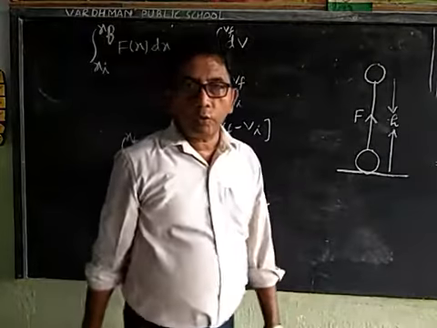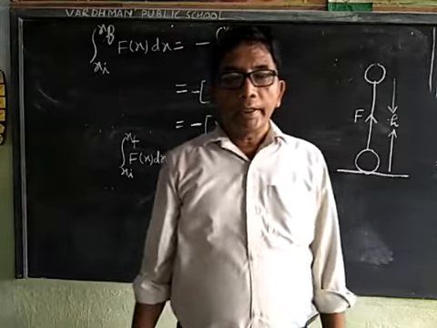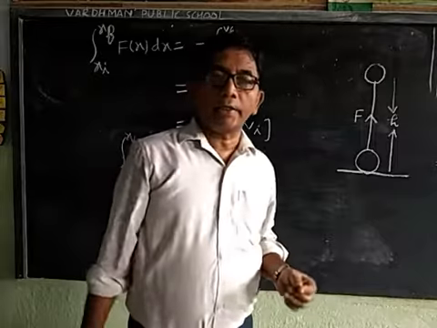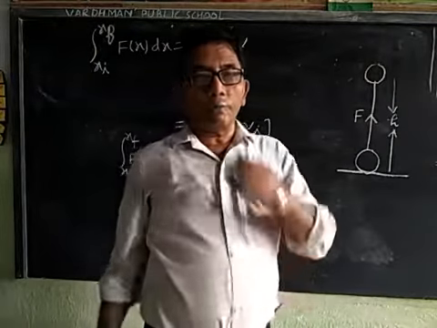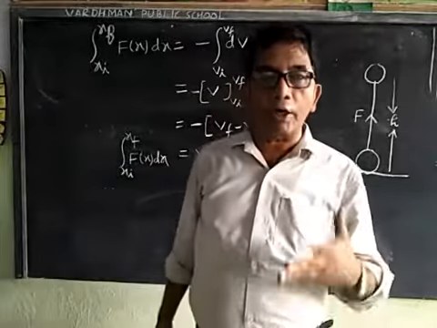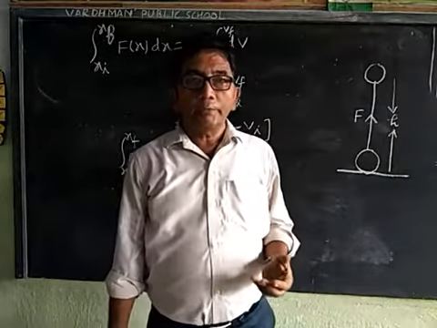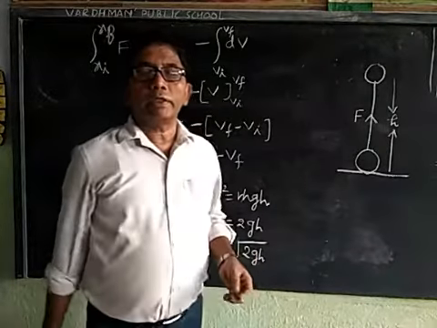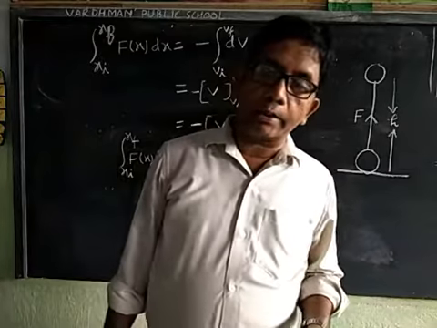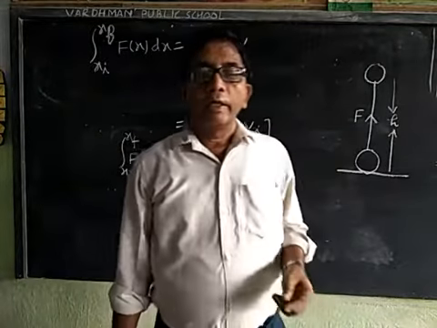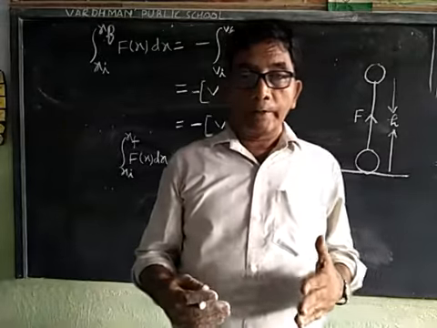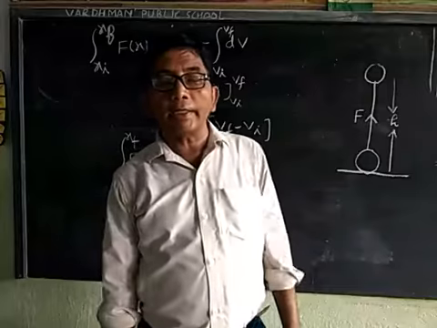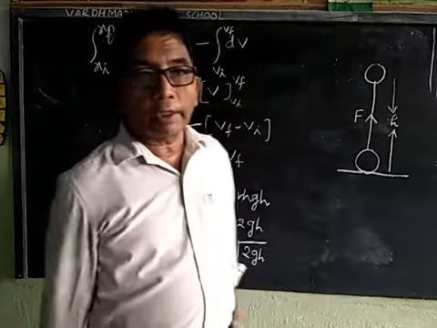We have told you that when a body is released from height h, it comes down with an increasing velocity or increasing speed. The velocity v with which the body hits the ground is calculated by the gravitational potential energy. It manifests, here manifest means pratyaksh, it manifests itself as kinetic energy of the body on reaching the ground.